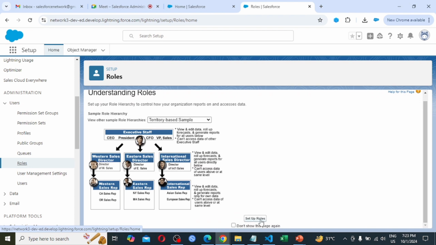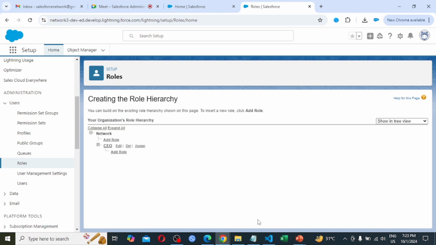We need to click on setup roles, creating the role hierarchy. You can build on the existing role hierarchy shown on the page. To insert a new role, click add role. So we can go with this role, what it's designed by Salesforce, or we can create our own role hierarchy.